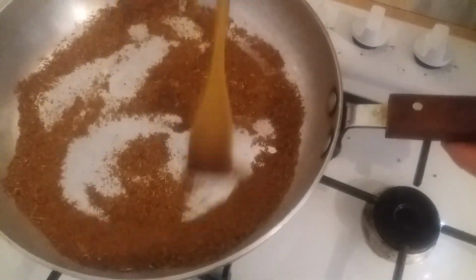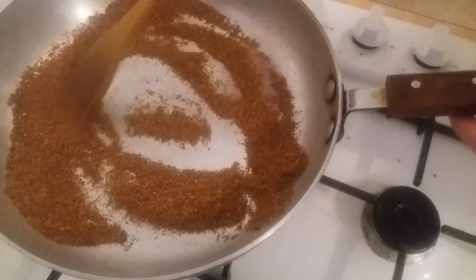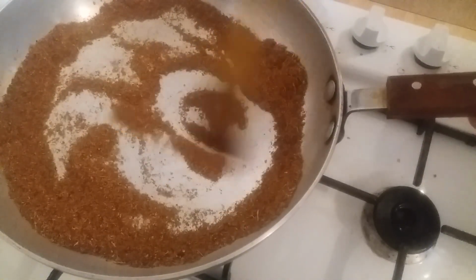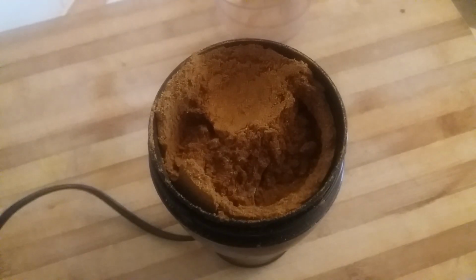So that was blended. I'm just giving it another very quick roast with a quick stir, just to get the last bit of moisture out of there and release some more of those oils. We'll come back in a moment. So that's nicely blended. So what I do at this point, to make sure it's all dispersed well,